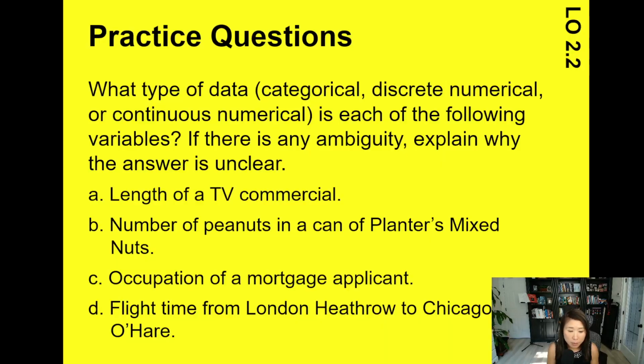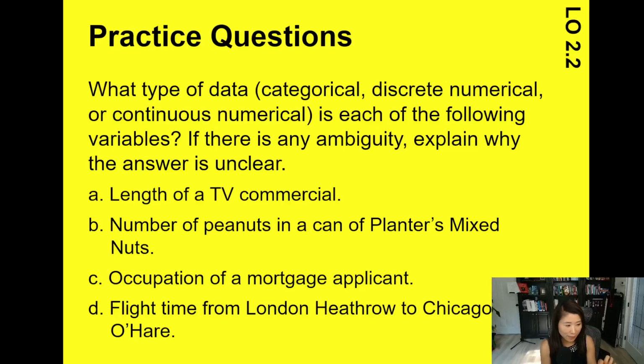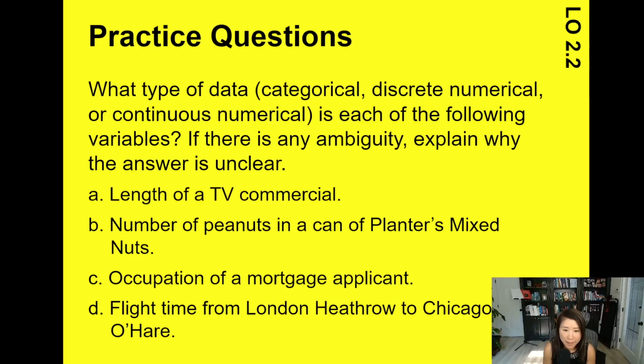2, number of peanuts in a can of Planters mixed nuts. So in this situation, you can have 1 peanut, 2 peanuts, 3 peanuts. Some students might say, hey, can I have like half of a peanut? I think it depends on how you count it, right? So let's say we count half a peanut as 1 as well. That's 1 peanut. And if that's the case, you have 1, 2, 3, 4, 5, 6, 7, 8, 9. So if we're counting the number of peanuts,